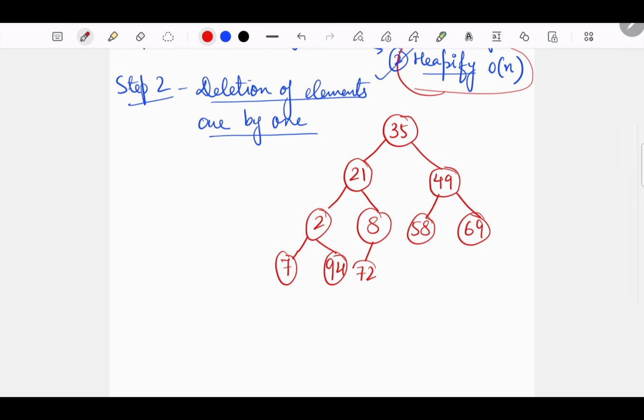Okay, everybody agrees still here? Next, what do we do in heapify? This is a quick revision of your heapify also. Next, we pick up the last element.